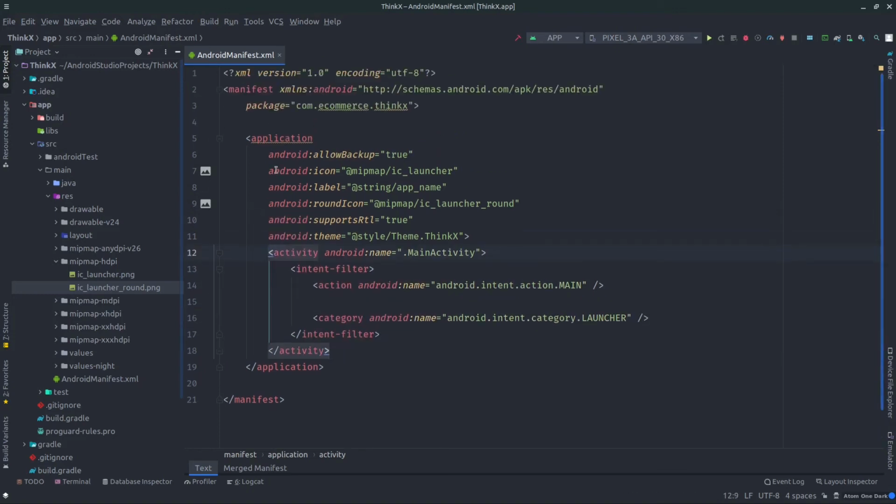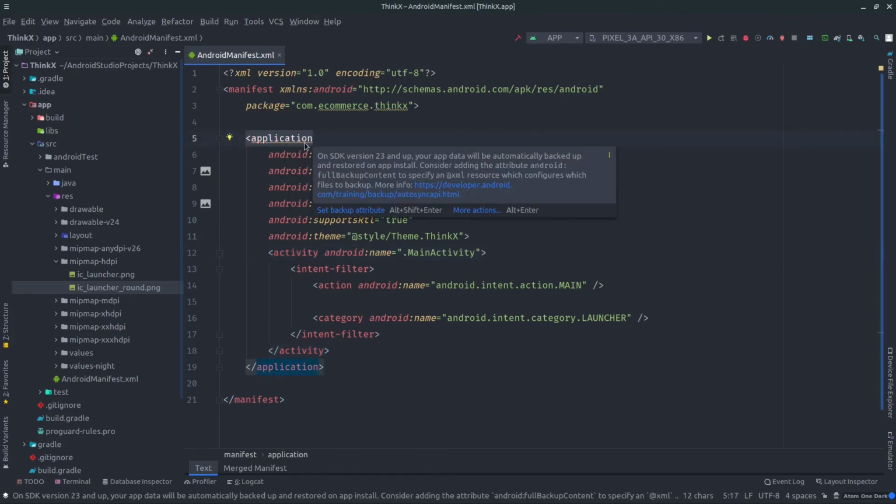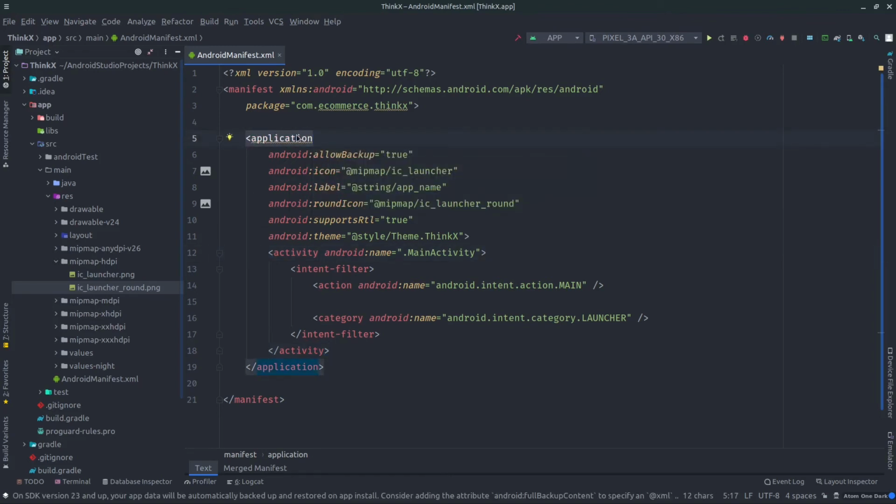Now coming to this, this is a very important tag, the activity tag, right? You can see the XML is forming a tree-like structure. The hierarchy goes from application, which is the super element. Inside the application we have activities, right? We will discuss all the activities. Basically an activity is just one screen, which you will see in the later tutorials.